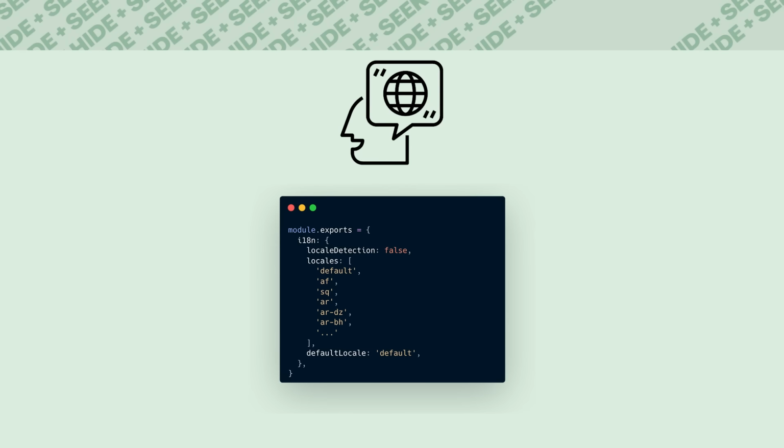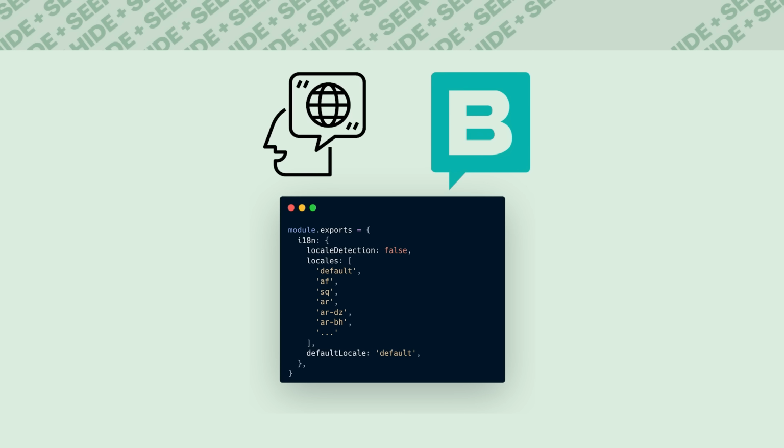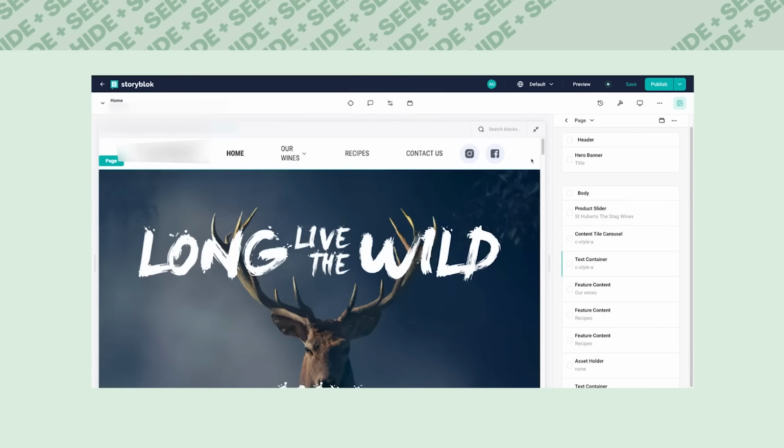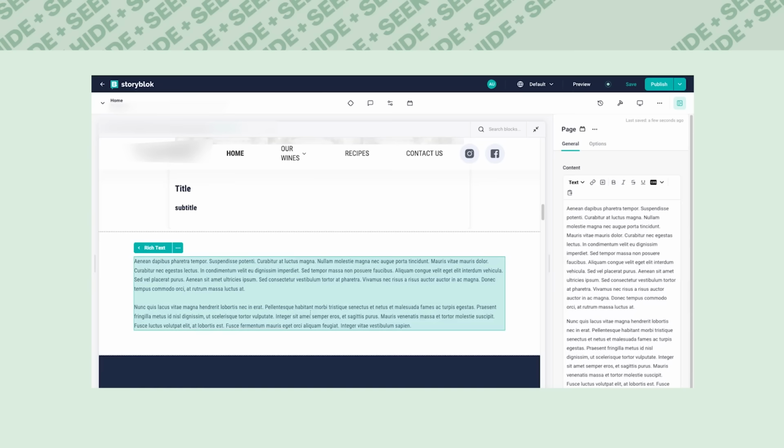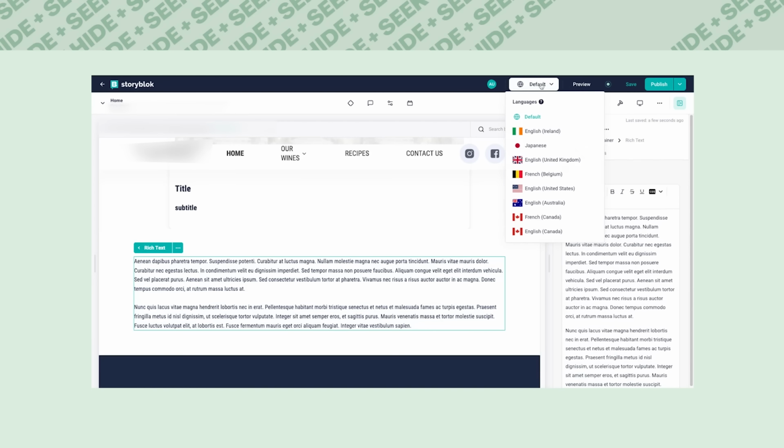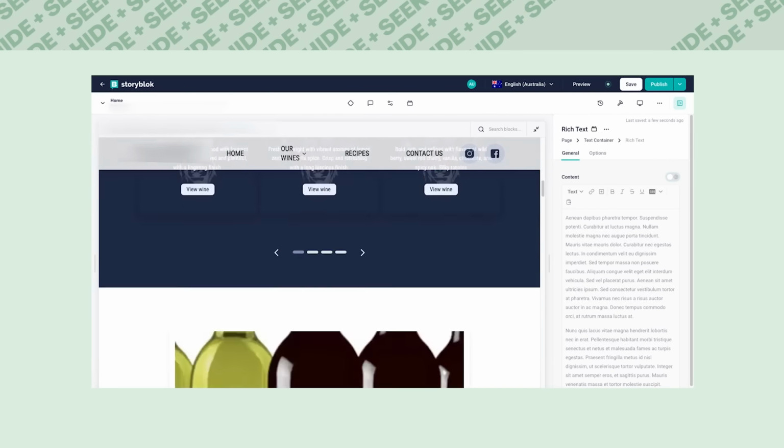Our sites also require the ability for multilingual pages, a crucial feature in our global digital projects. With Next.js, we seamlessly integrated internationalization support, allowing us to serve content in multiple languages. This feature, combined with the power of Storyblock, made managing translations a breeze. We maintained a clear separation of concerns by handling the translations separately in Storyblock. This approach allowed content authors to manage translations without directly interacting with the code base.